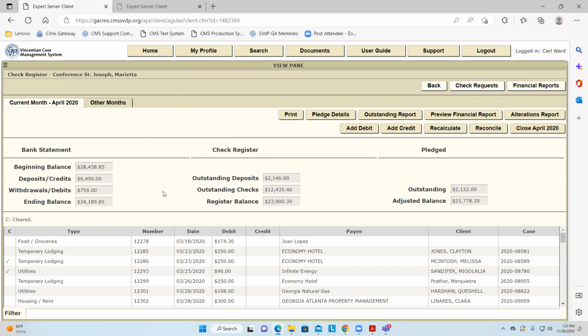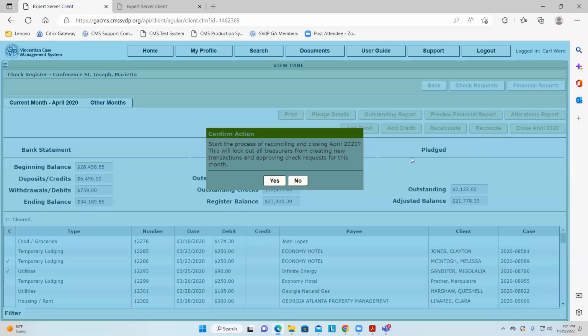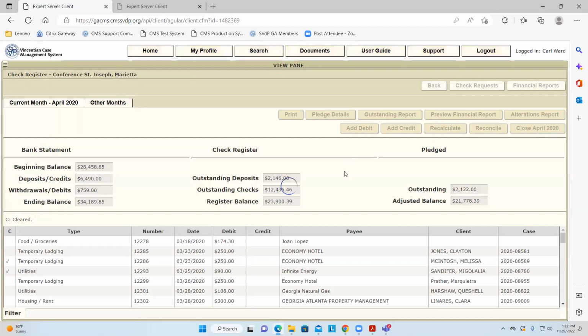So if you're looking at your bank statement and it doesn't say that, you need to stop, because you either cleared a transaction that you weren't supposed to clear, or you did not clear a transaction that you were supposed to clear, or you have to make adjustments, or who knows what. But do not go any further if that balance does not equal the one that you're seeing on the statement. Okay, now we're ready to start to close.